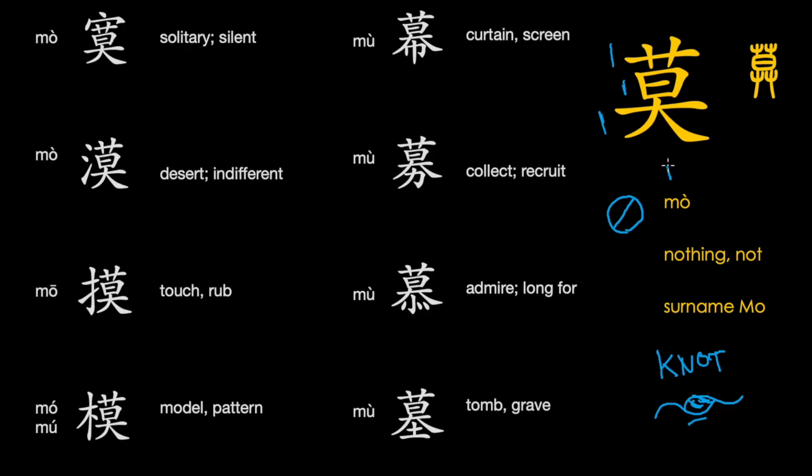So dim and dark. And still we don't really know. If I tell you that the top part of the character is grass, the middle part of the character is sun, and the bottom part of the character is big, how does this relate to dim and dark? The reason for that is that the character changed not only when it comes to its meaning,